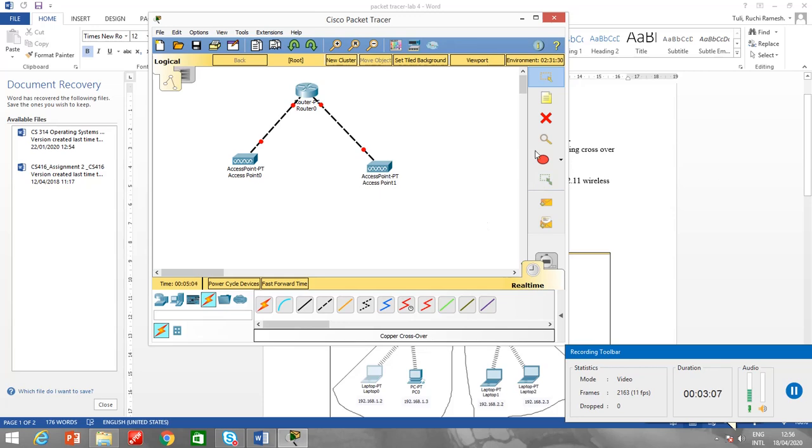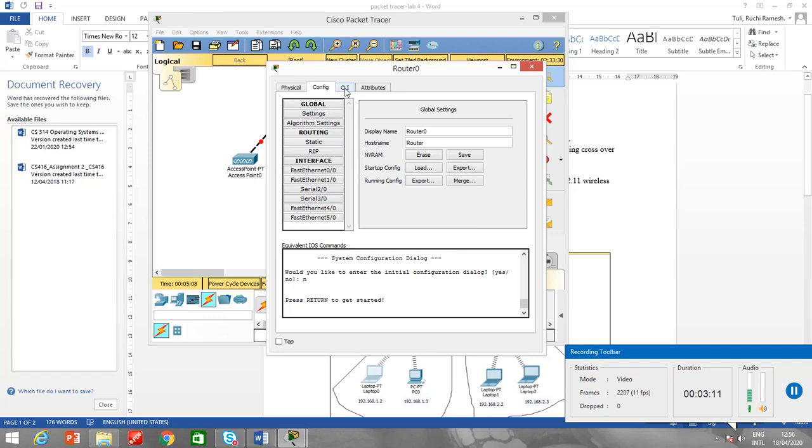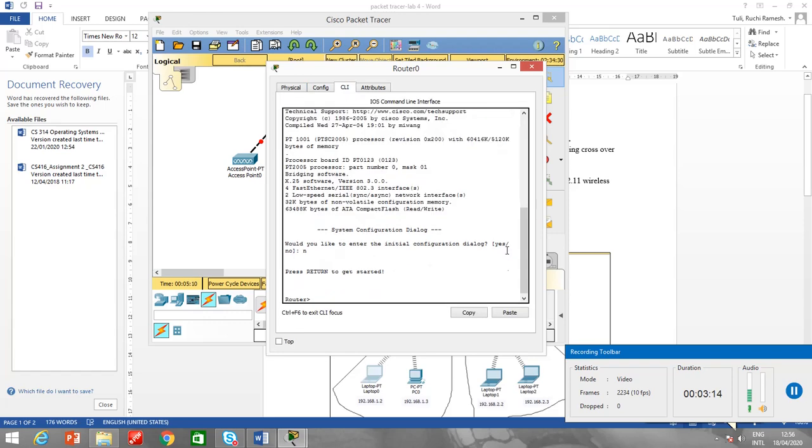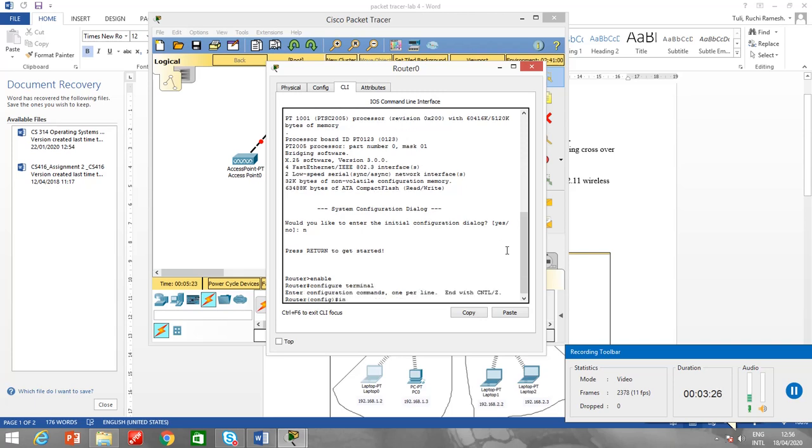Now the first thing that I will do is configure the router. So the name is router 0. Both the interfaces I have to configure. I have to assign the IP address. Enable, configure terminal, then interface fast Ethernet 0/0.